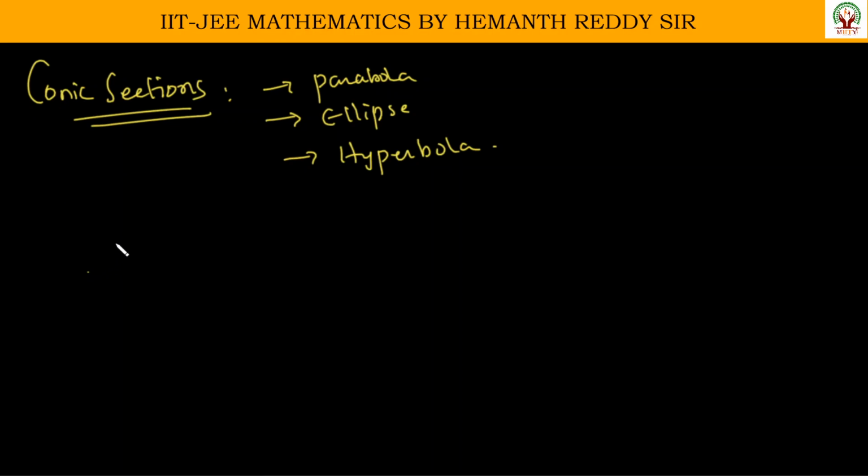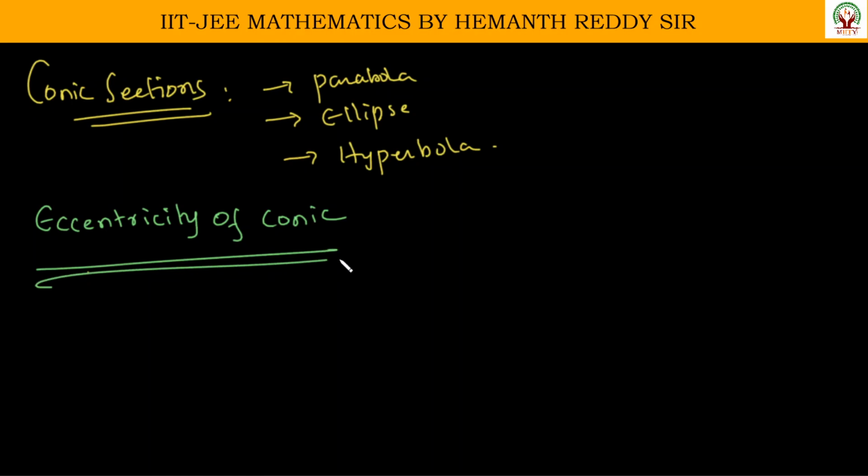One basic and very, very important definition is eccentricity of a conic. So, if I just want to classify a conic section, there may be different things. That may be on the basis of